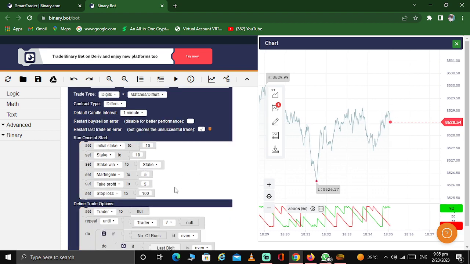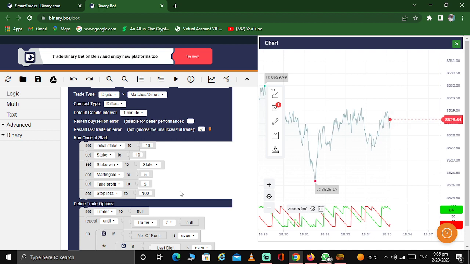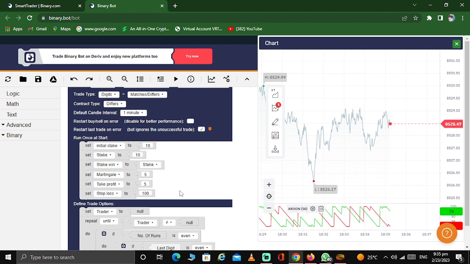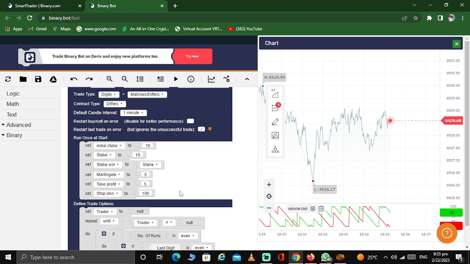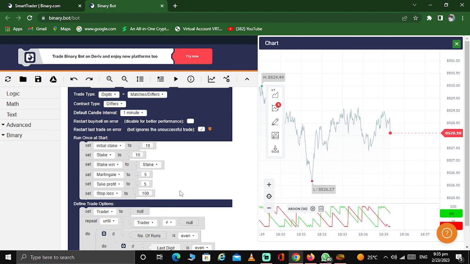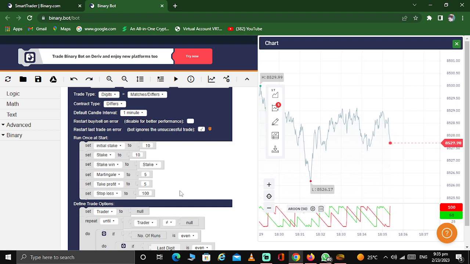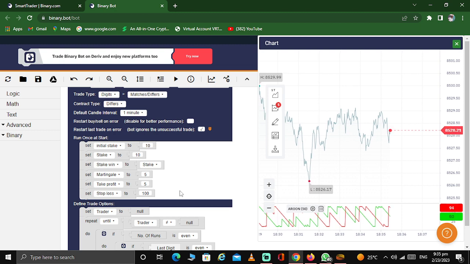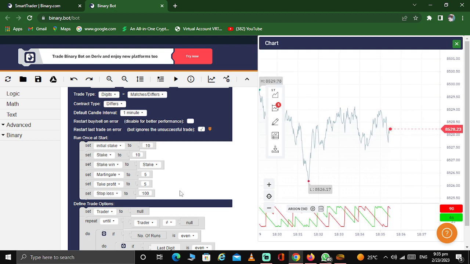Something interesting about this martingale, it does not come immediately after the loss. This is to prevent it, it will prevent you from incurring more losses, because you'll find once in a while the bot will tend to lose twice in a row. So if the bot loses twice in a row while you're using a martingale that comes immediately after the loss,